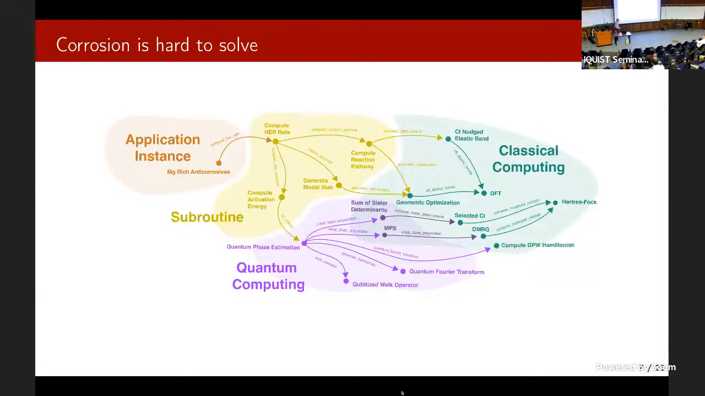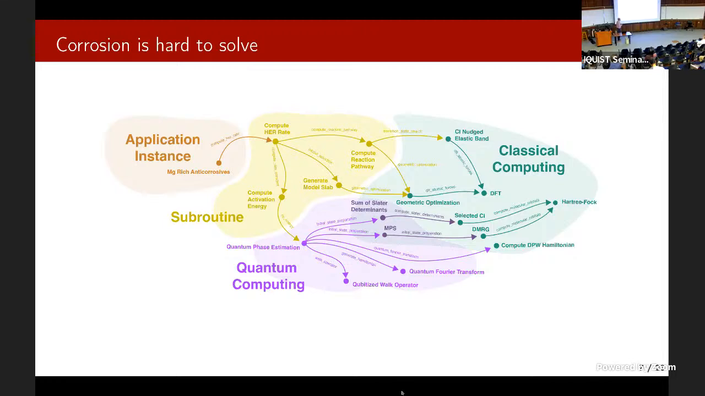So taking that idea of how we might solve that, we've developed this framework for what we're actually estimating. So we start, this is a graph. We call it a quantum benchmarking graph because we're trying to figure out the number of resources. This is showing us that solving corrosion is actually a lot more than just a single point calculation on a quantum computer. If we wanted to develop a magnesium-rich anti-corrosive coating, we would first have to compute a hydrogen